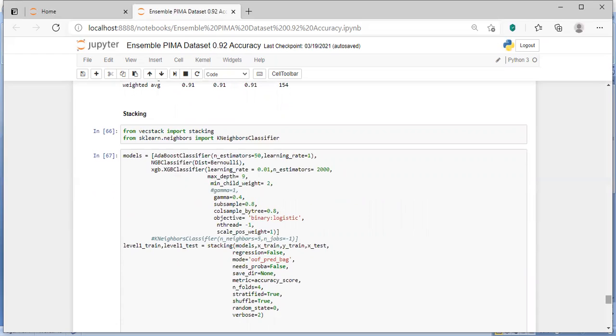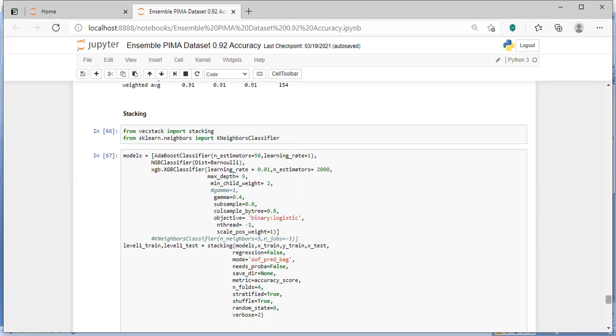So in these three parts, I discussed 10 different algorithms, and at the same time ensemble approaches like bagging, boosting, stacking, and the weighted average, which you can consider a simple ensemble approach. Now what I'm doing is using vecstack, importing stacking. It is a very unusual name, but automatically it will come to your mind that you want to do some kind of stacking. So from vecstack I import stacking, and from sklearn.neighbors I import the KNeighborsClassifier.